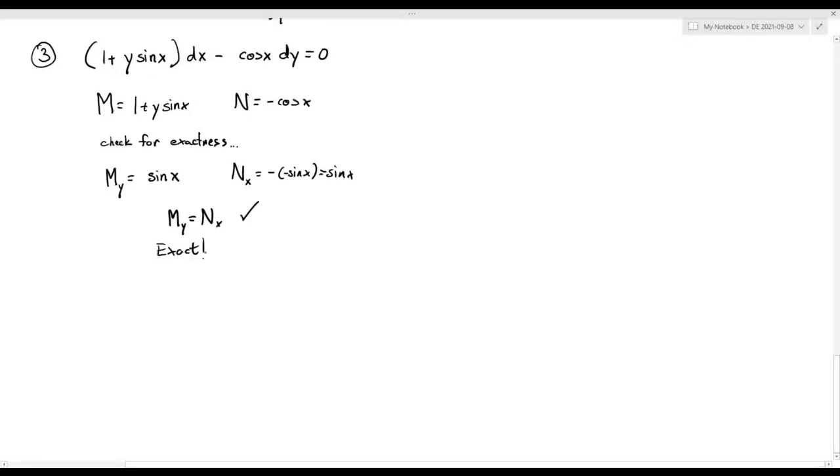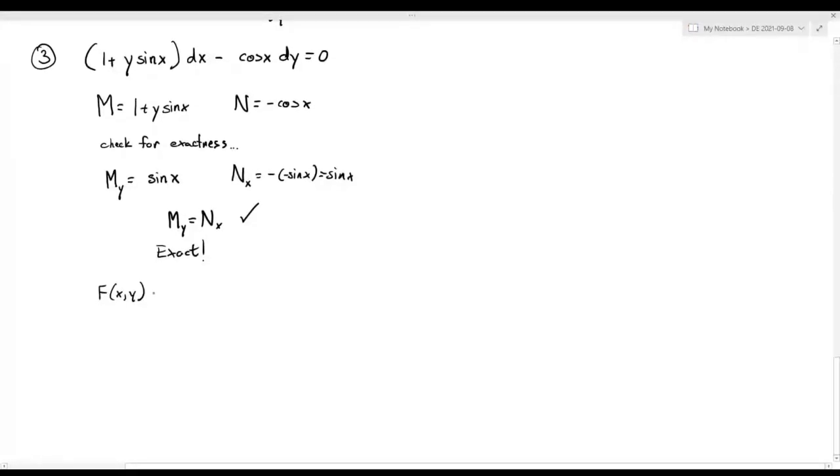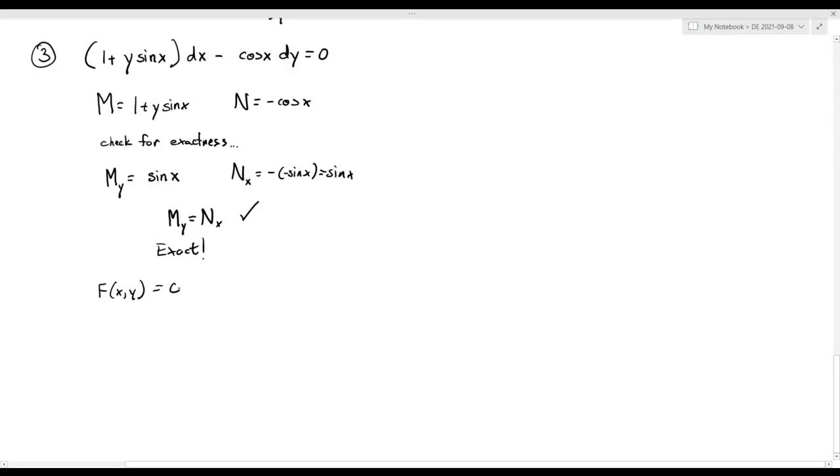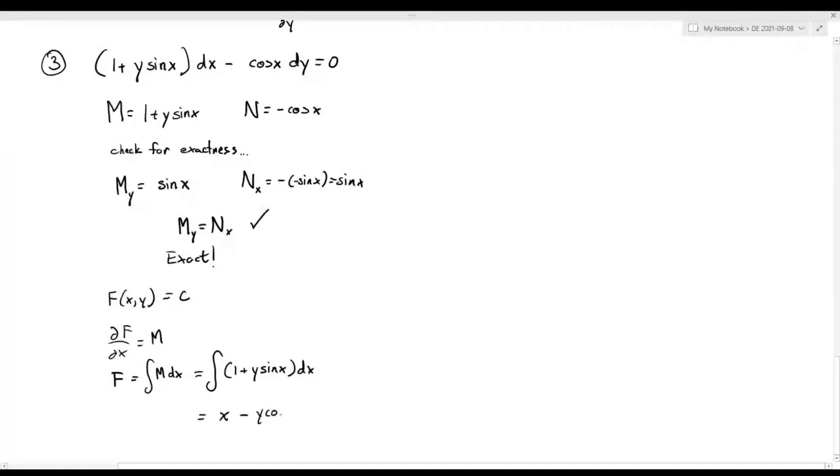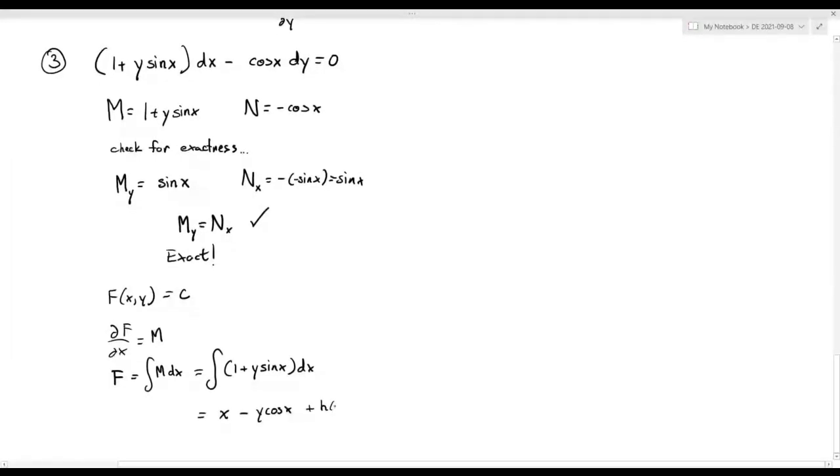And now we hope to recover a solution to this differential equation in the form of some function big F of x and y being equal to a constant. And remember that it turned out that the derivative of big F with respect to x was exactly M, the thing that multiplies dx. So this suggests that if we want to recover big F, we anti-differentiate both sides with respect to x. Okay? And we get x minus y cosine x plus, instead of that constant of integration, we have an arbitrary function